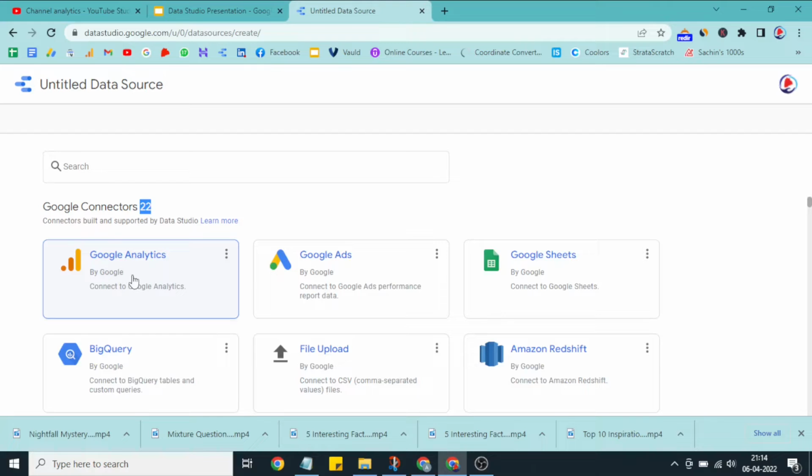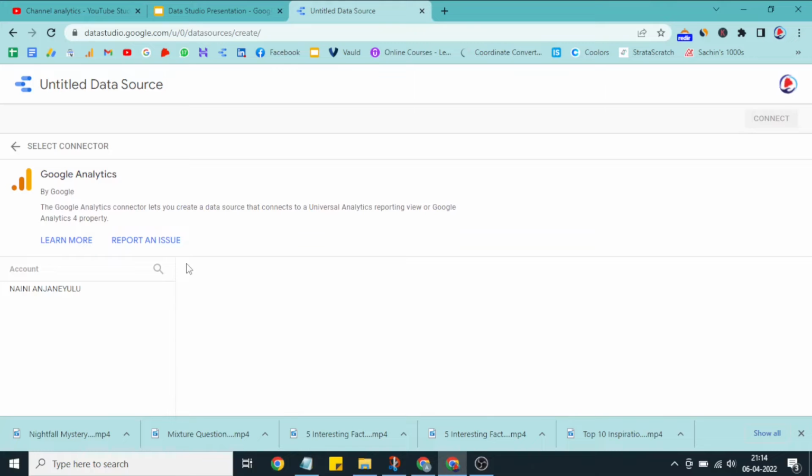If you want to track website analytics, you will attach this one, or else you can connect Google Sheets as well. If you want to look at particular data in a visualization format, you can use Google Sheets as well. I'm now using Google Analytics. Click on Analytics. I'm connecting my website here. Click on the connect option here,